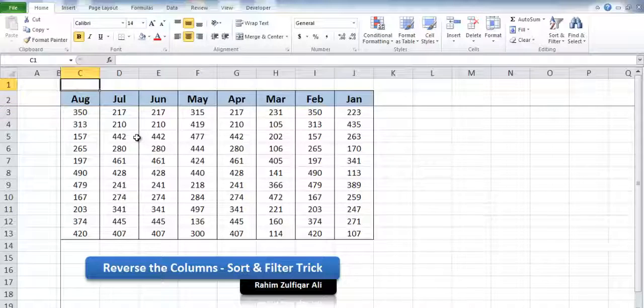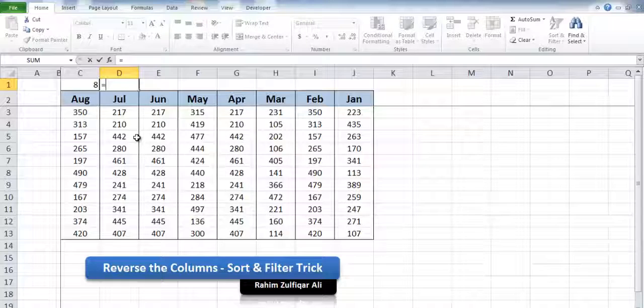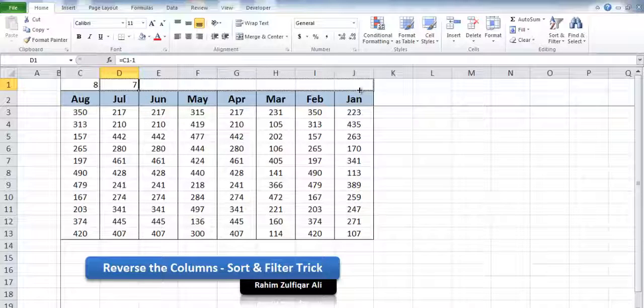So as you know, August is the 8th month of the 12 months in the calendar year. So I will write 8 on top of August, and for generating a series I will write a simple formula: this 8 minus 1, so it will subtract 1 from the current month's cell, and I will copy this formula till the month of Jan. So it will generate a series from 8 till 1, subtracting 1 from every cell.